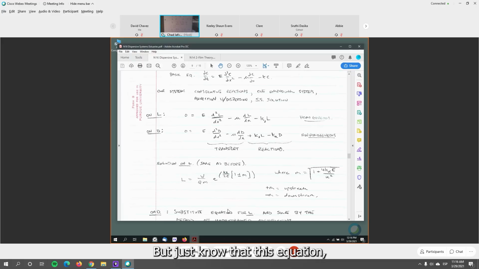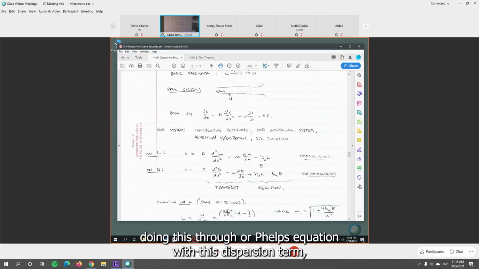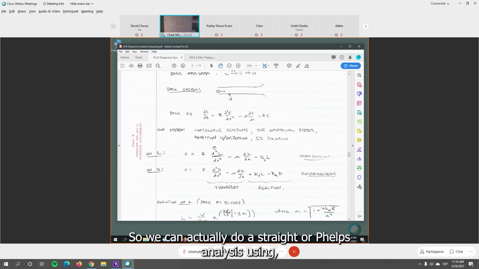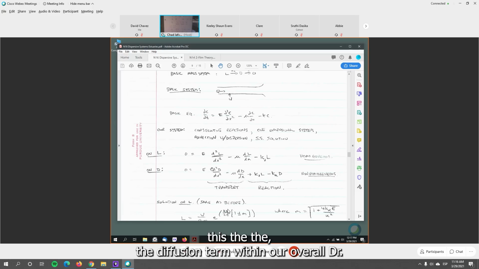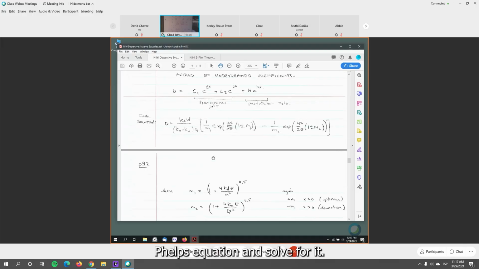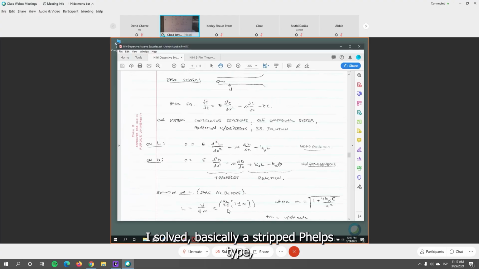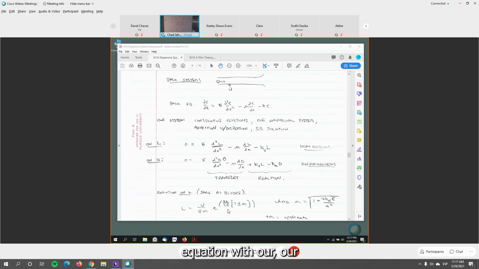But just know that this equation, doing the Streeter-Phelps equation with this dispersion term in, we still have L and D, for BOD, or L, and for deficit. So we can actually do a Streeter-Phelps analysis using the diffusion term within our overall Streeter-Phelps equation and solve for it. And so that's what I've done here. I've solved basically a Streeter-Phelps type BOD and deficit equation with